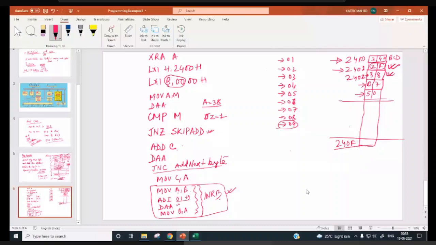So move B comma A. A will be equal to 0, 9. ADI 0, 1 H. So A will be equal to 0, 9 plus 0, 1 H, so A will be equal to 0AH. DAA will check accumulator content. Lower nibble is more than 9, so it will add 6 to this. So A plus 6 is 0 and 1. Carry will come over here, so result will be this.